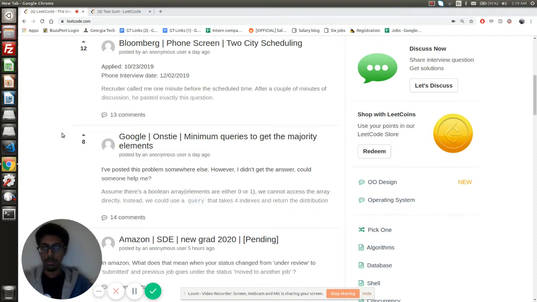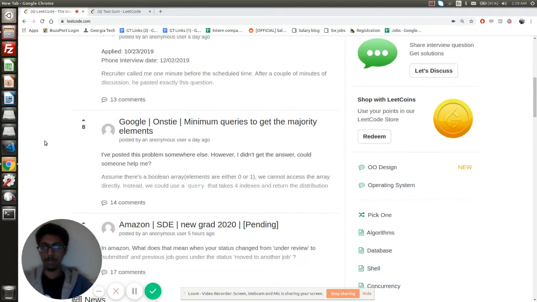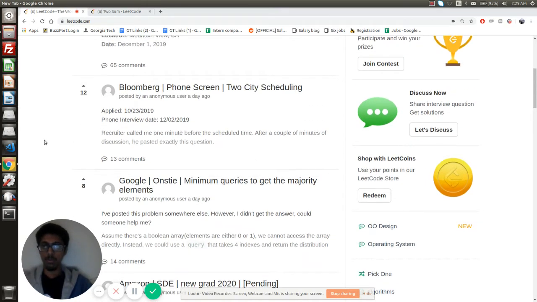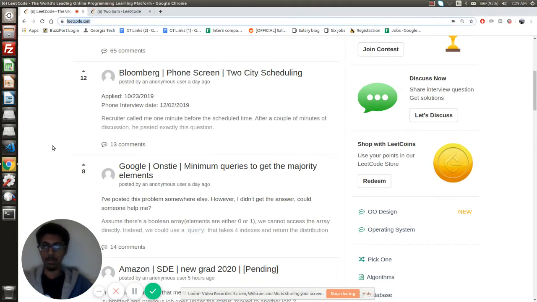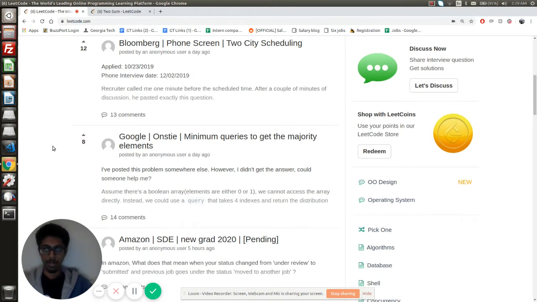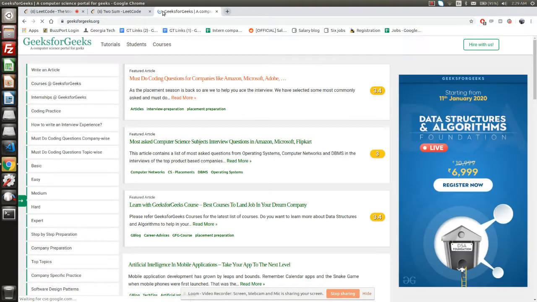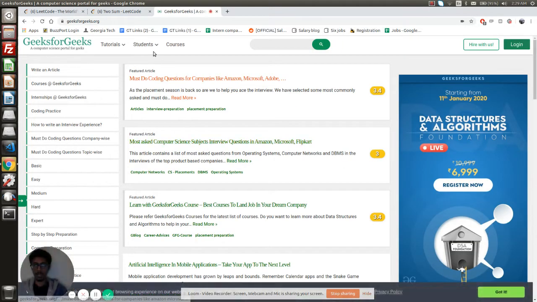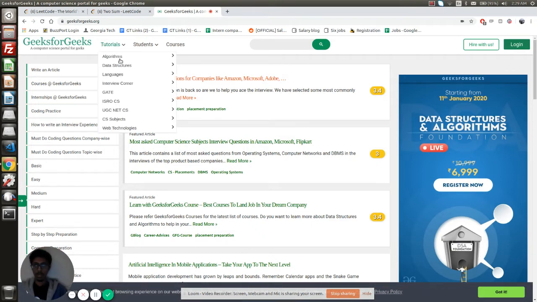So there are two kinds of websites which I would like to show. One of these is called Leetcode. Leetcode is where you can practice problems, and another website is Geeks for Geeks. On this website you can brush up on theory. There are different data structures which you can learn.